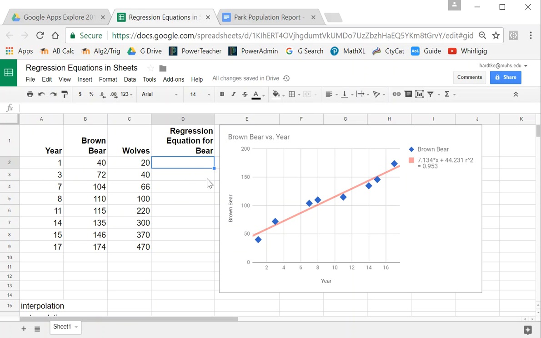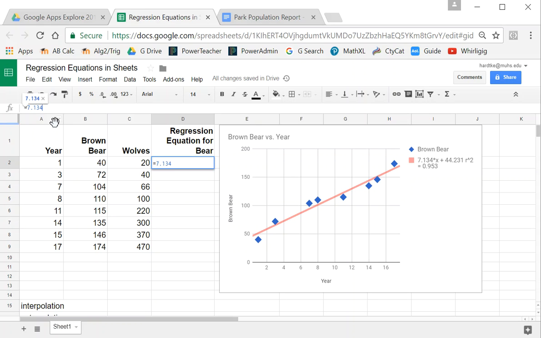So now what I want to do is use this red equation, and it should come up with values that are close, not the same, but close to these numbers for the blue points. So our formula is right here. So I'm simply going to type that in. This times x means times the year. So in our formula bar, remember that formulas start with equal signs. So I'm going to put